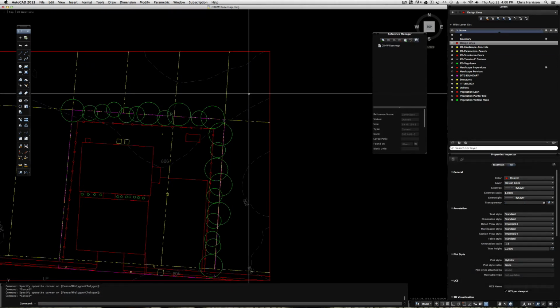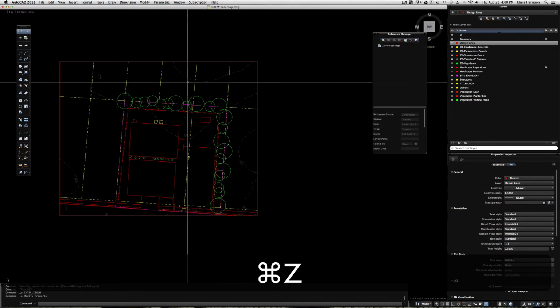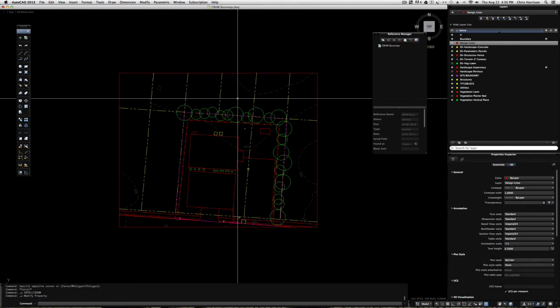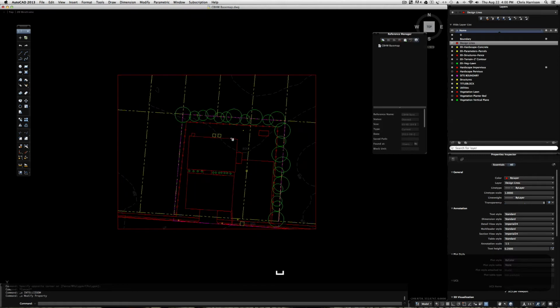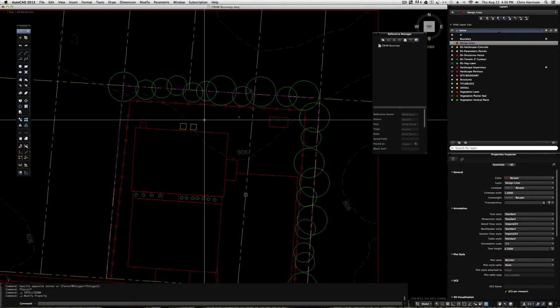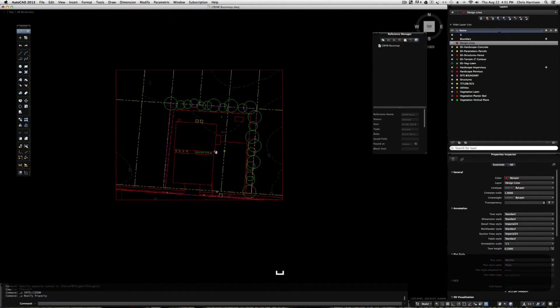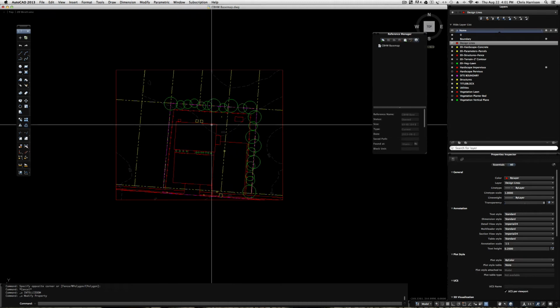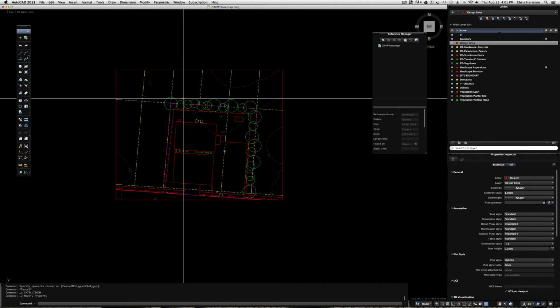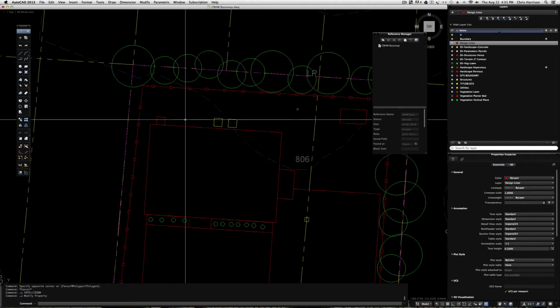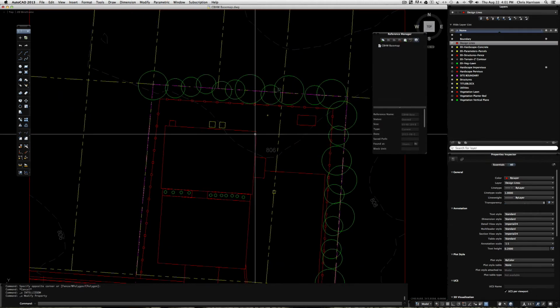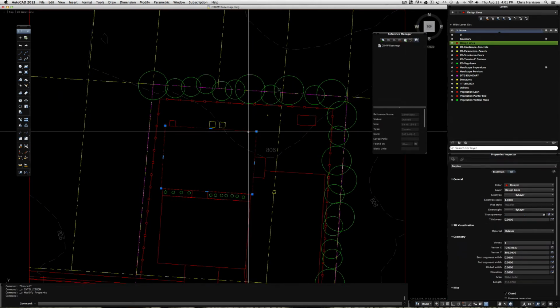I'm just going to Command Z, which is an important shortcut to remember. Command Z or Control Z, it goes back on your drawing, so it undoes what you just did. And you use that constantly. So now we have the drawing, the line type scale to the scale that we want to work at. We have the colors set, and I would like for you to use these similar colors that I'm using in